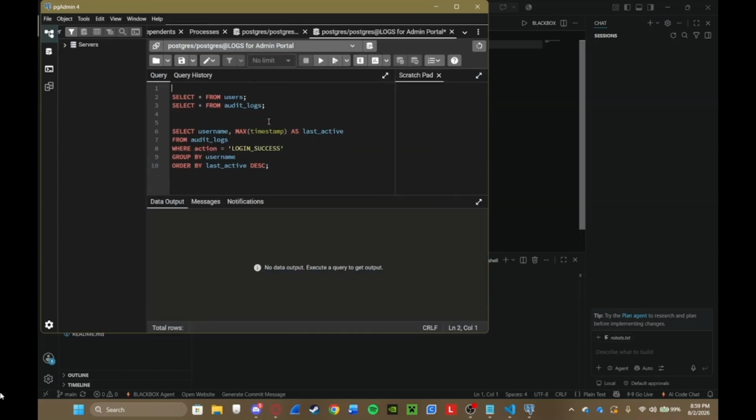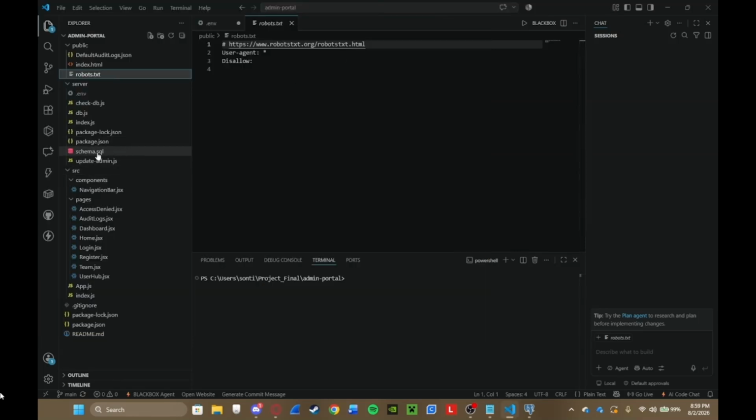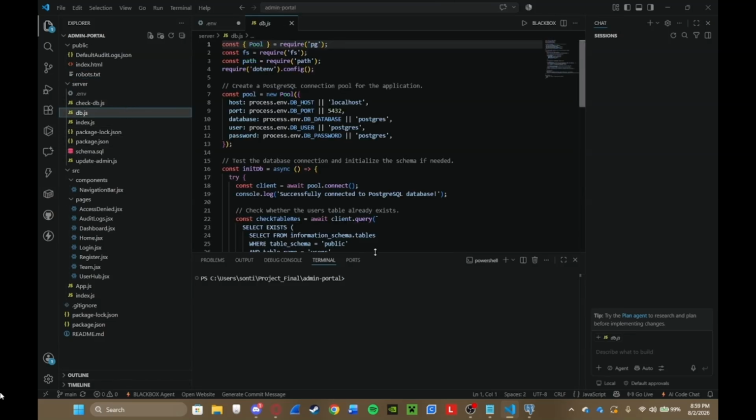And this is just basically what I have so far, different queries that I wanted to use, but we also have our schema SQL file that has more of the stuff that we want to see. So now that we're back here and we have our server up, we want to go into the terminal